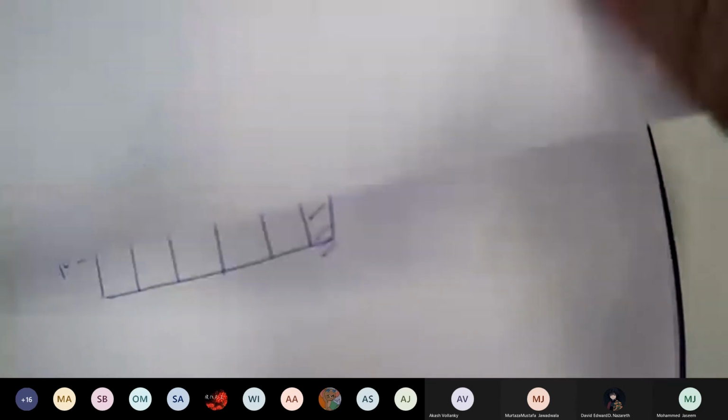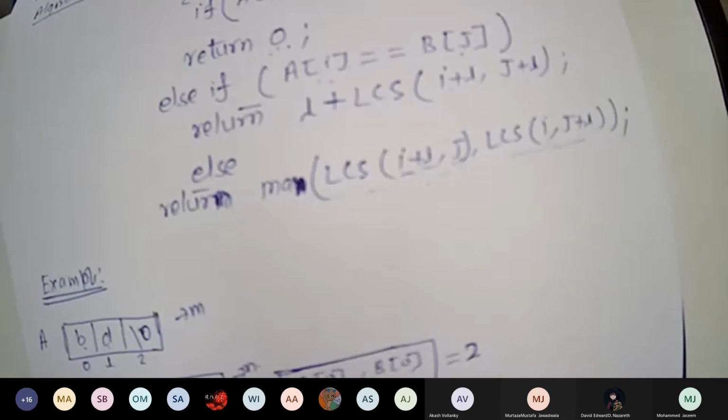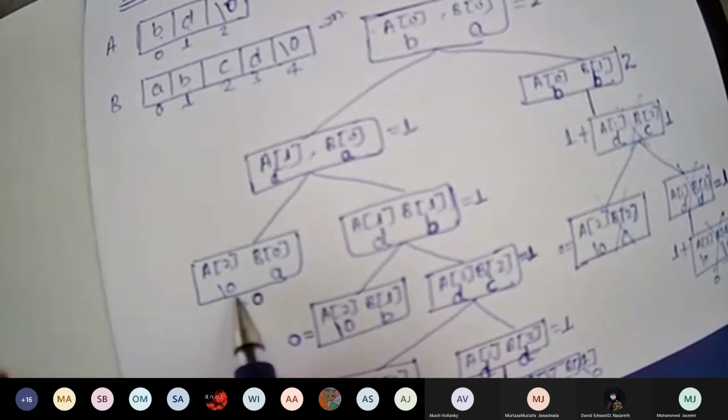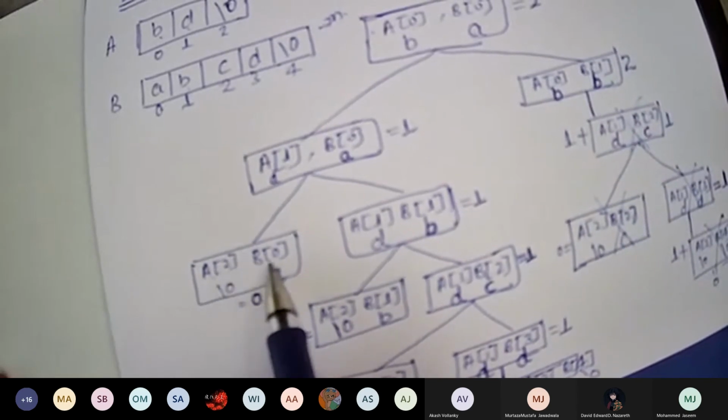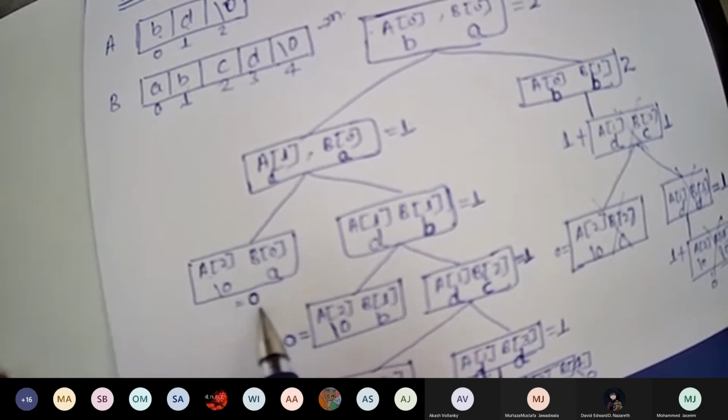So let's put these values. Start from here, because the first value which we had calculated was A2B0. What was the first value which we calculated for A2B0? 0.